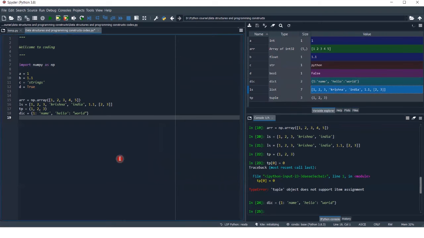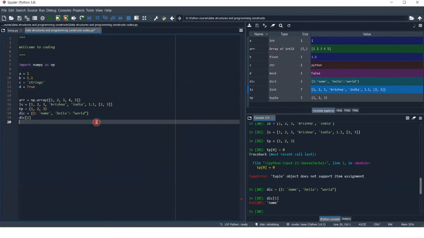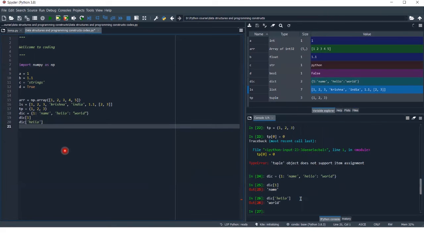And after this, if you want to read a value of the dictionary, then just type the key, dic 1, hello. Execute that. The dictionary key hello has the value world.